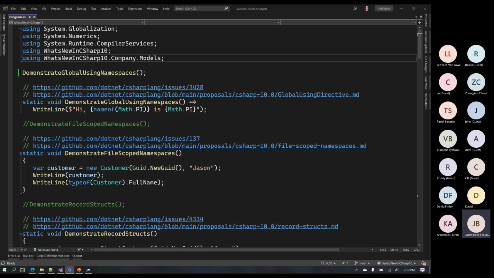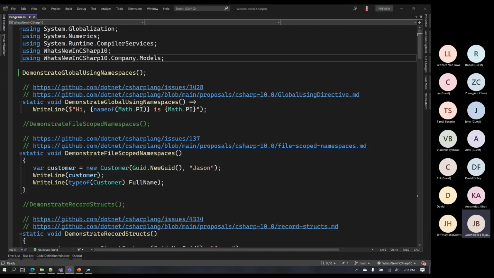So what I'm going to do is I have a method that I'm going to call, and then that method itself has links to things where you can find out more information about the feature. We're getting, again, really close to the release. So at some point, these links will change over to what is in docs.microsoft.com. I don't think they're there just yet. At least the last time I checked, which was about 5-10 days ago, there wasn't anything there that I could link to. So some of these links may be a little technical and not very verbose and helpful, but at least that gives you some more information about these features.